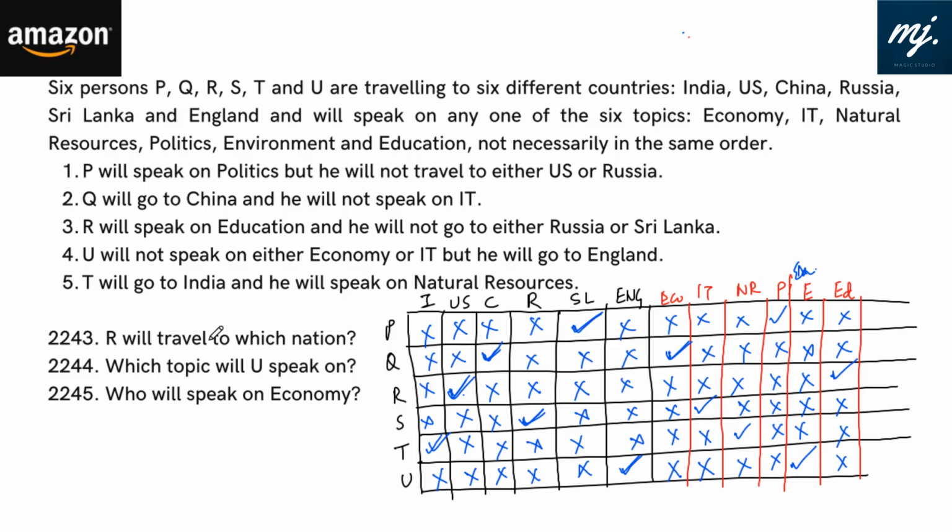R will travel to which nation? R will travel to US. First answer is US. Which topic will U speak on? U will speak on environment. U is speaking on environment. And who will speak on economy? Economy is Q. Q is speaking on economy. So invest time in this cross grid. And once the cross grid is there, all the 3 questions can be answered in no